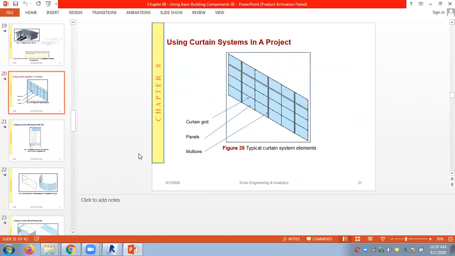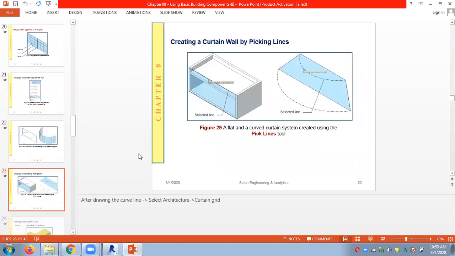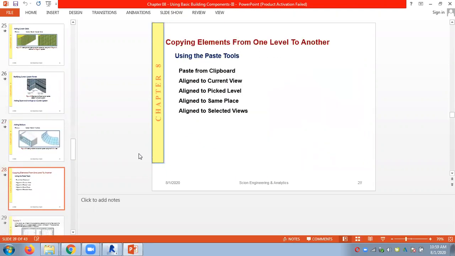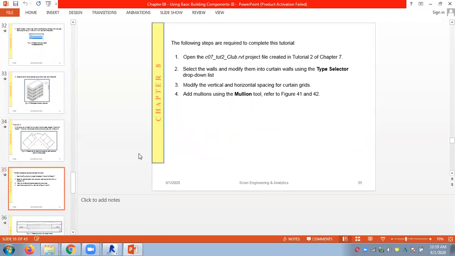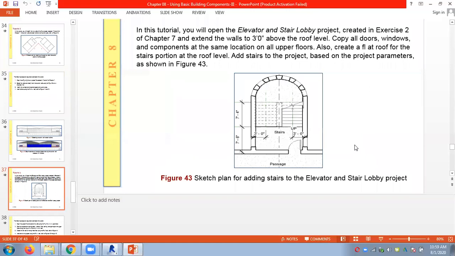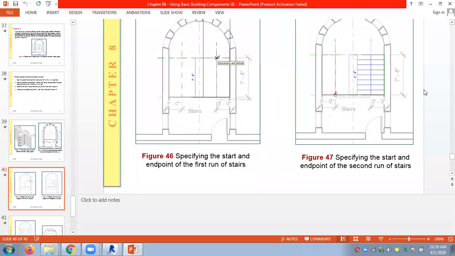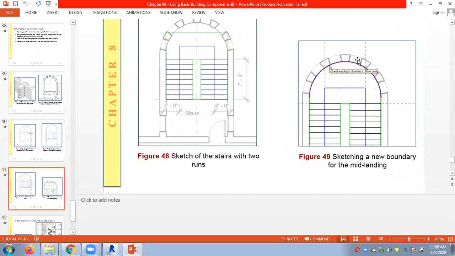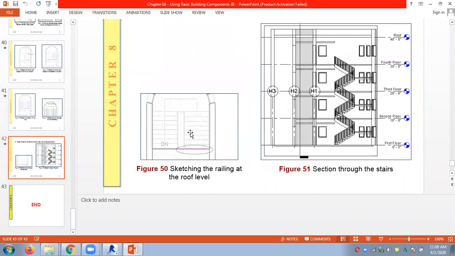But tomorrow we'll look at the ramp tool and the curtain systems, and you have a tutorial from these areas. You can furnish the building and you can raise the building and finish the roof and draw the staircases like this. So just have some practice at home. Please draw the staircase by sketch method and adjust the width, and you can change the landing, then have something like this. So this is about chapter 8.